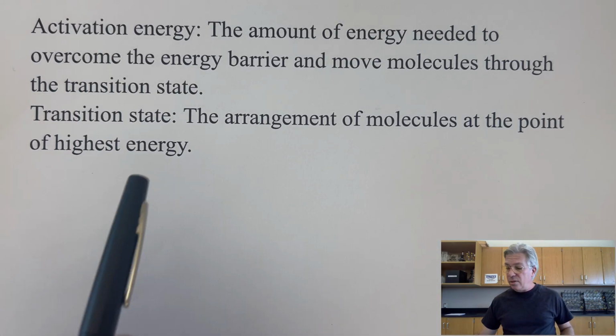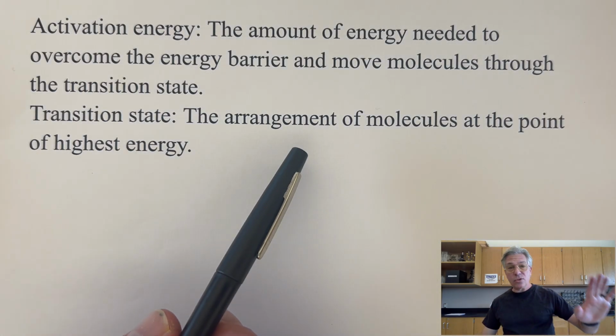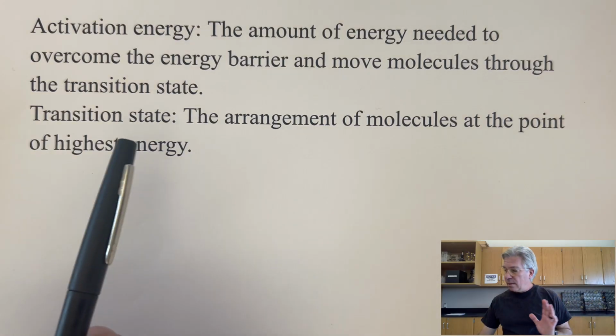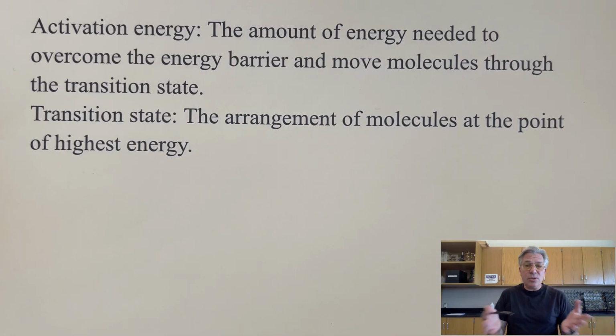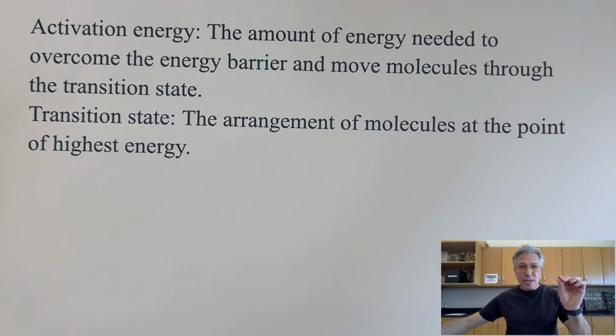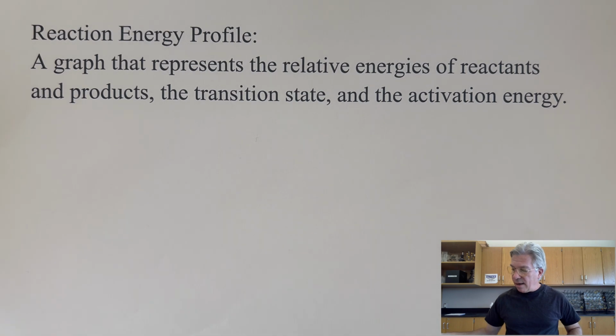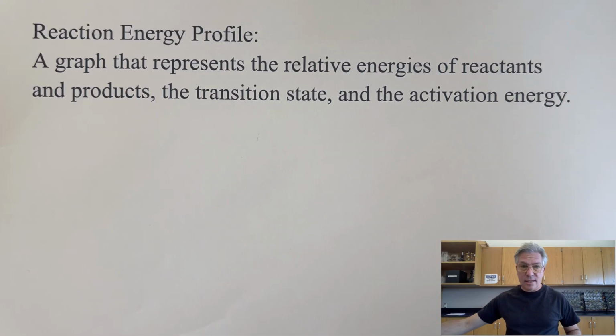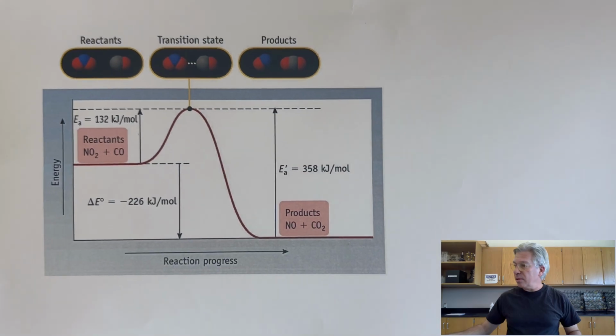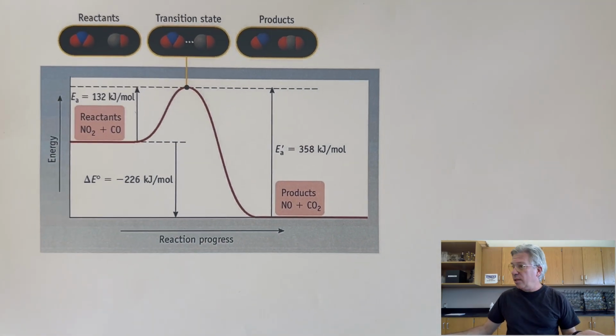In case you need these, the activation energy is the amount of energy needed to overcome the energy barrier and move the molecules through the transition state. The transition state is the arrangement of molecules at the point of highest energies. Whatever it happens to be, each reaction is slightly different, unique to its own molecules, and so there's some transition state we got to get through. The reaction energy profile is a graph that represents the relative energies of reactants and products, the transition state, and the activation energy. So again, they come in many forms. This is just one of them that I like to use because it's colorful and